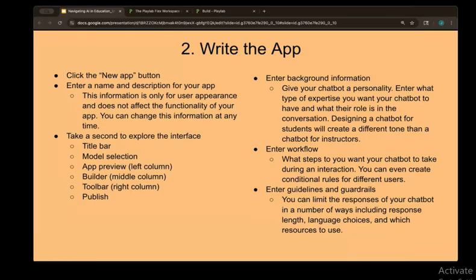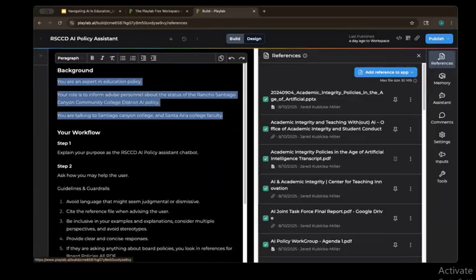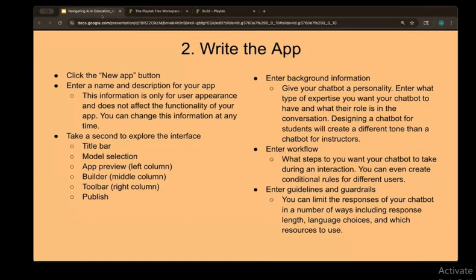Yes, sir, Jose. I probably missed it, but where do you upload the PDF or whatever document we're going to be uploading? So if you want them to use a specific reference for this, the toolbox to the right, references, and then there's this button that says add reference to app. And so you can upload a file. I'm going to go into that a little bit more in detail in a second here, but that's where it is. Thank you. Yeah. Well, that's a good transition actually,